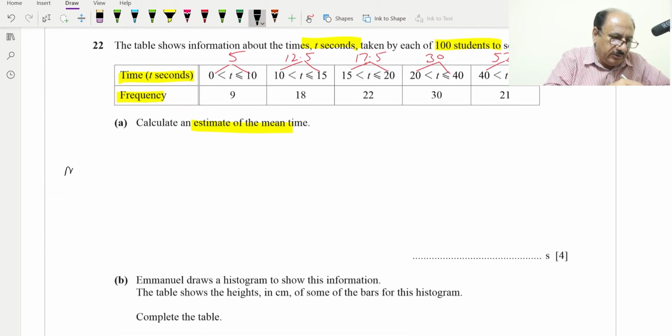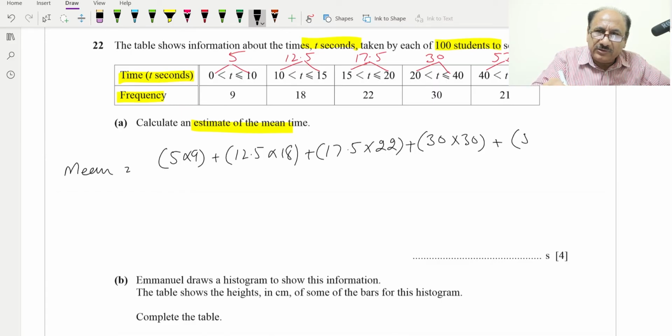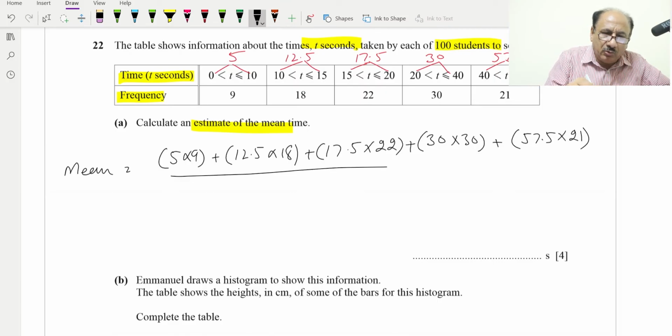So mean will be equal to 5 multiplied by 9 plus 12.5 multiplied by 18 plus 17.5 multiplied by 22 plus 30 multiplied by 30 plus 57.5 multiplied by 21, and this whole will be divided by the sum of the frequencies 9 plus 18 plus 22 plus 30 plus 21,